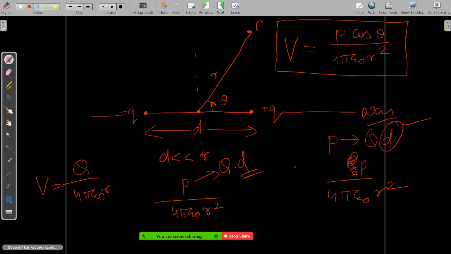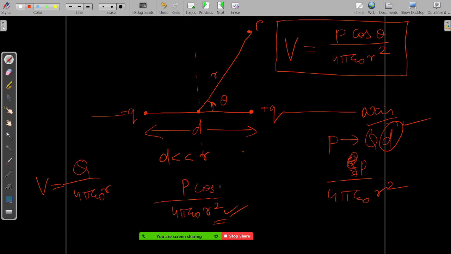Since you are adding one distance there, you add one distance in the denominator also. The denominator will always be in terms of R. So you add one length term in the denominator, then it becomes 4 pi epsilon naught R square. You have to have the final unit as joules per coulomb for a potential. You cannot have something else as a unit. So if you are adding this P, you just remember that you have added one R in the denominator.